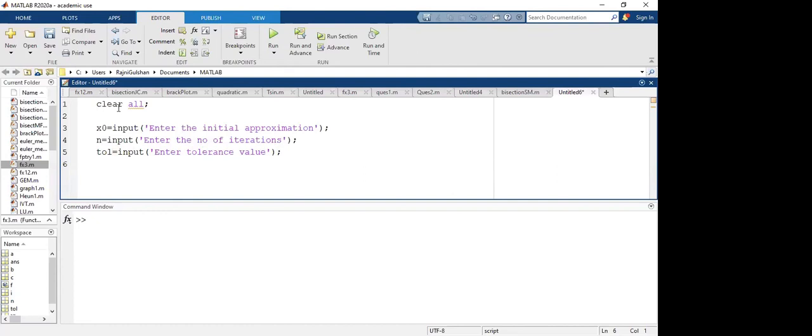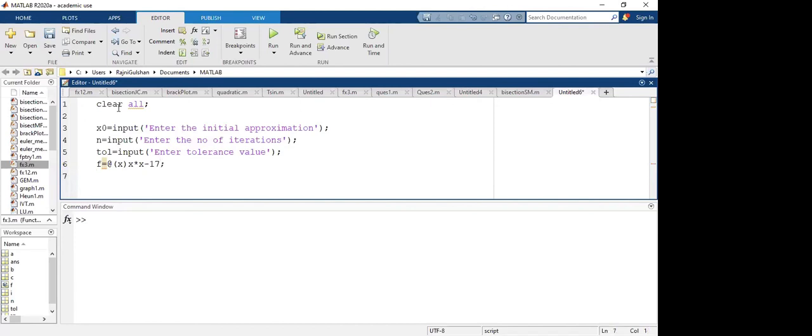Then you have to input the function. Now first question is, if you remember, under root 17. We will start with basic questions, not complicated at first, simple questions, then we will go to some complicated problem, right? So first question is very simple, calculate under root 17 with Newton-Raphson method. So the equation will be x square minus 17, right? Let x is equal to under root 17, then x square minus 17 equal to 0. So this is the equation, right? So the function is handle x square minus 17, right?